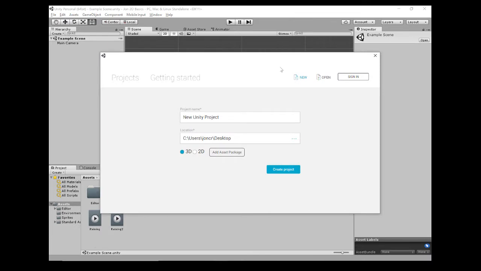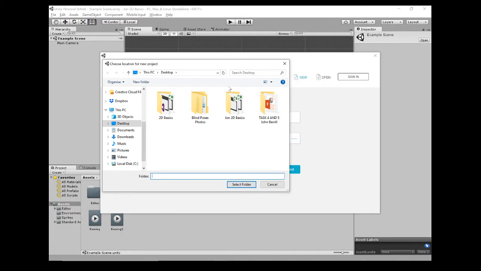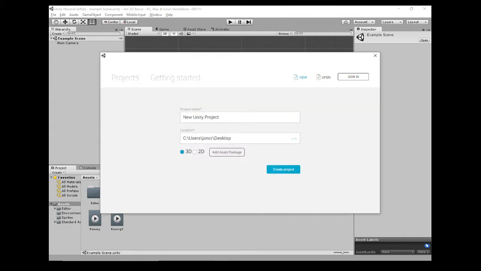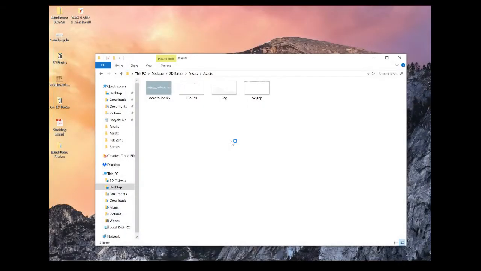Now what I want you to do is to open up Unity and we're going to create a new project. You want to make sure that this project is somewhere that you know you can find, because you need to upload this to Google Drive or your shared area at the end of the session. So I'm going to set the desktop and I'm going to call this example tutorial game, but I would put your name on there so you can find it, and I'd put the name of your game. Really important that you do 2D, and for now that's all we need to do. So if you just create project,